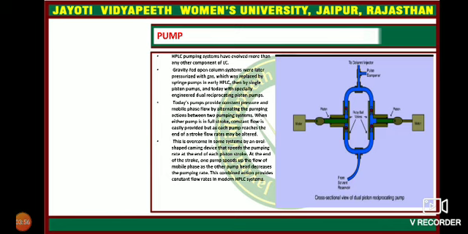The pump. Now talking about the pump, the high pressure liquid chromatography pumping system has evolved more than any other component of the liquid chromatography. The gravity fed open column systems were later pressurized with gas, which was replaced by syringe pumps in early high pressure liquid chromatography, then by single piston pumps, and today with specially engineered dual reciprocating piston pumps. Today's pumps provide constant pressure and mobile phase flow by alternating the pumping actions between two pumping systems.